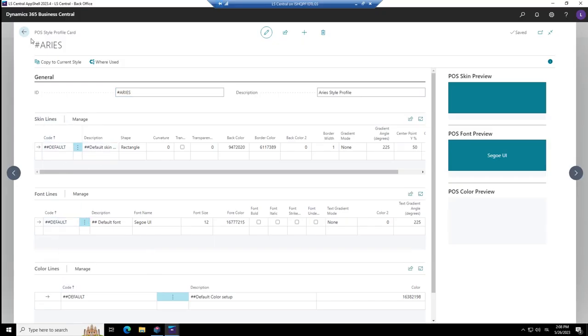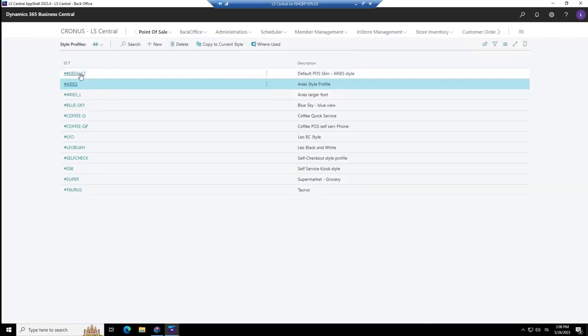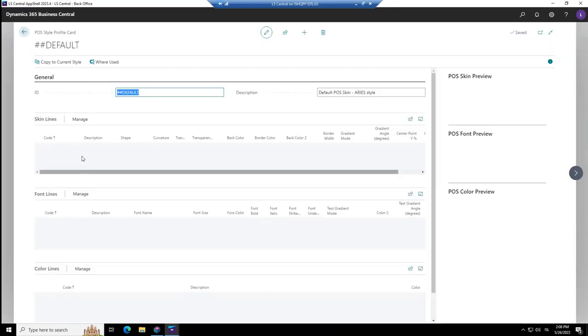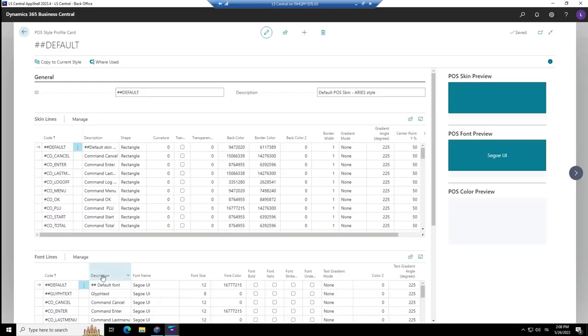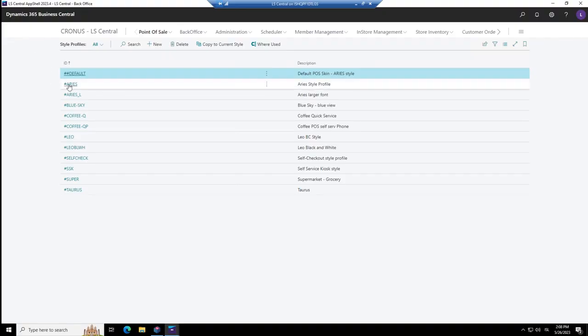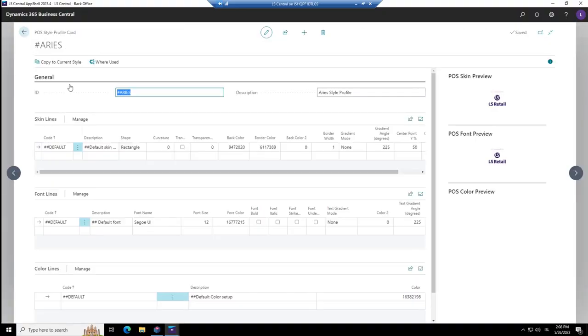And you can see here in the Arias option, we only have 1 line of each, the default lines. But if you go back and into the default, you will see it's full of lines. And actually, this is the Arias setup in the default. And we have a default concept saying that if you don't find the thing in your active profile, you will always go either to the default lines or to the default profile. So let's go back, and I want to do my changes and additions in the Arias.